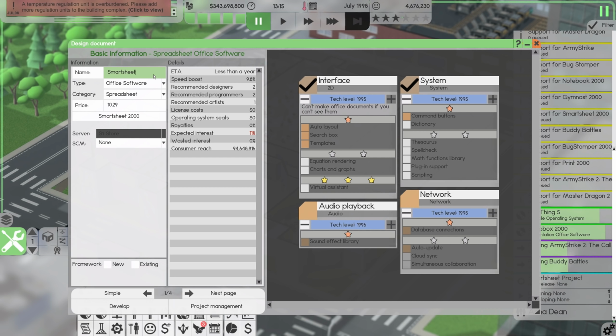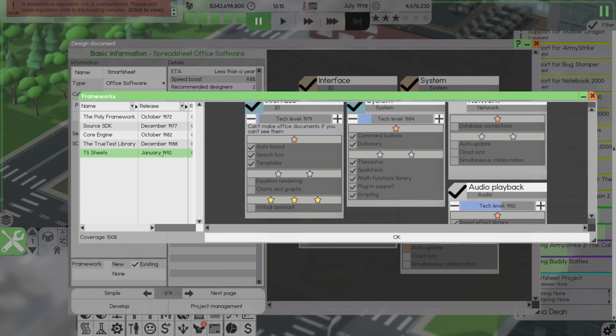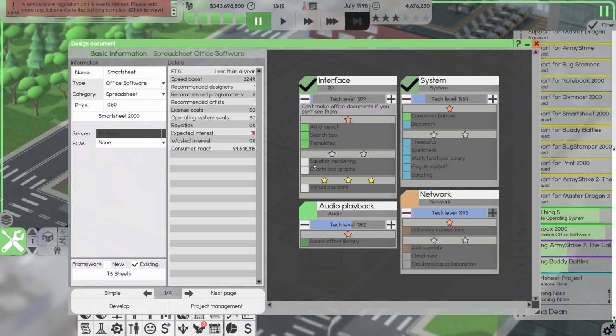And essentially, we're going to try, I don't know if we can do Smartsheet again, but we're going to try, and then it will automatically do Smartsheet 2 and 3 and 4 and 5 and so on. So I think that's the way to go about it. In terms of frameworks, we can do T5 Sheets. It's from a few years ago, but that's okay. And in terms of everything else, honestly, I want to bring that tech level right up here. I want to bring everything forward. We're kind of forced into doing this, but that's fine. And we're basically going to throw everything in here.